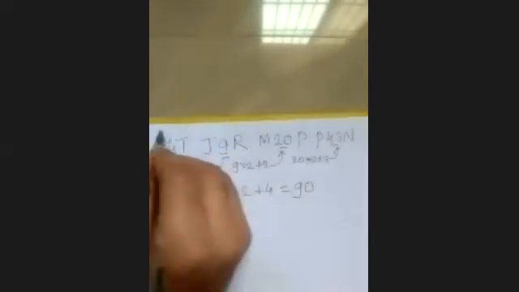So last will be 43 into 2 plus 4, and that will come 90. This would be the first thing related to the number. And if you consider in between the G and J and M and P,